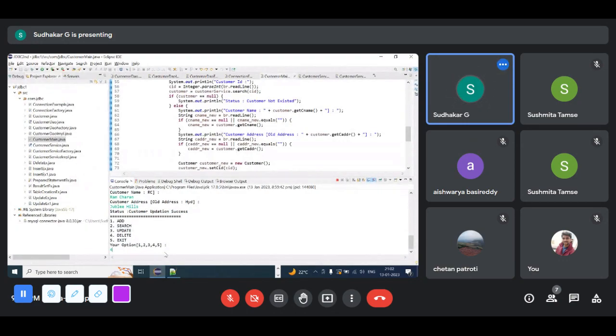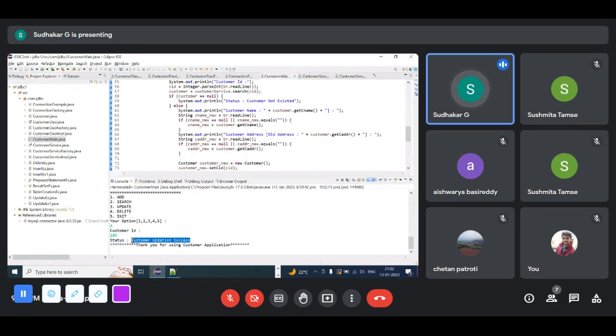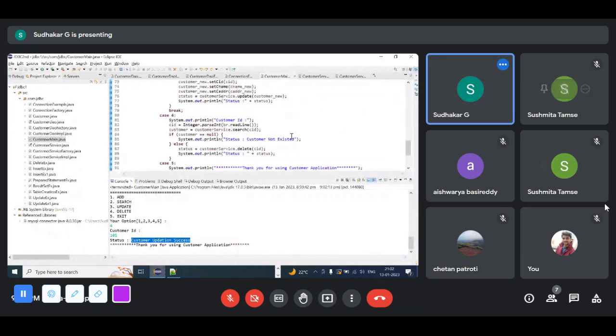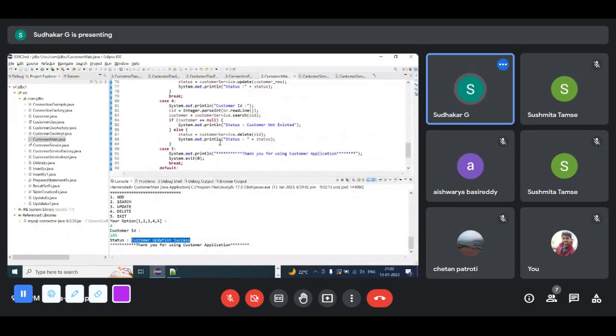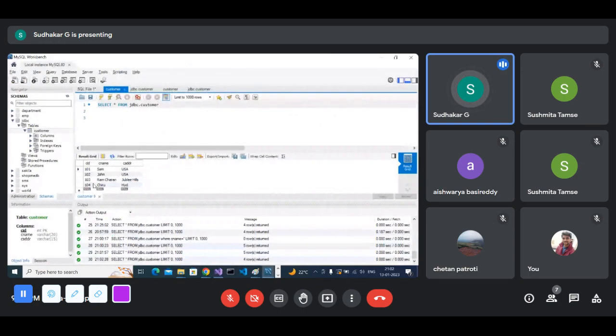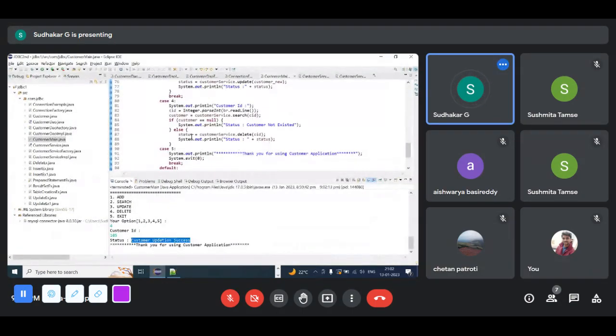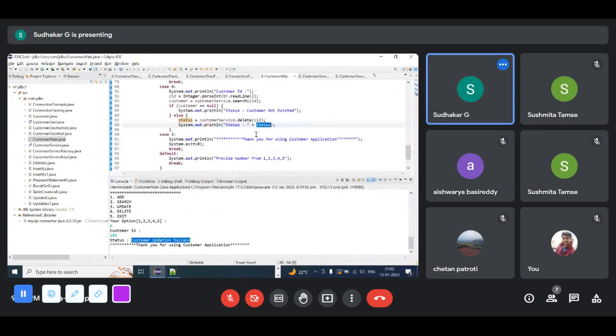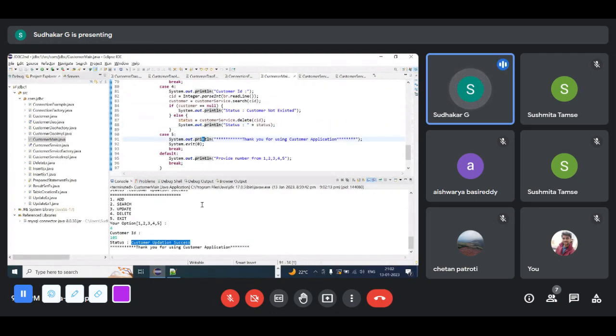What is the fourth option? Delete. It's asking a customer ID, I'm giving 105. See, customer deletion success, so that is customer 5's delete operation. Let's check if 5 is deleted. Yeah, 5 is deleted. See here, customer ID, customer search option, finally deleted, success. Okay, now finally,